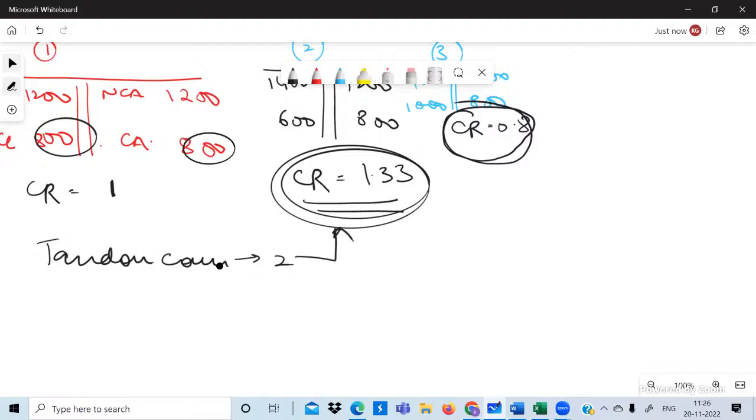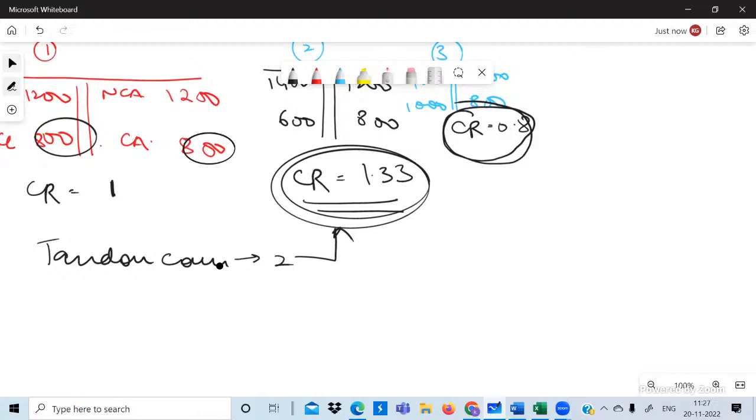And most of the banks started following this norm, and they said that, okay, companies should have a current ratio of 1.33. If you don't have a current ratio of 1.33, there is a liquidity issue. And if you're coming for a short-term loan or financing, we will not sanction the loan, we will not give you the loan. But then there was a big uproar in the 90s,